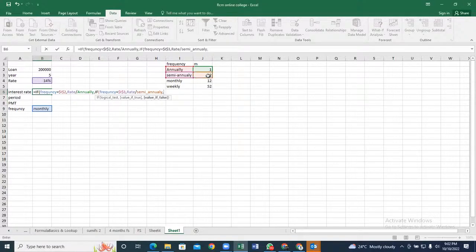comma, if our frequency key here is checked to be equal to monthly, what are we supposed to do? We are supposed to take the annual rate, then we divide by frequency, that is the number of months in a year, which is 12. So before I do the last one,